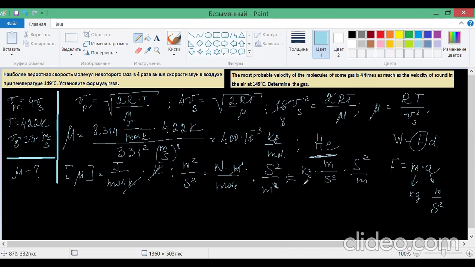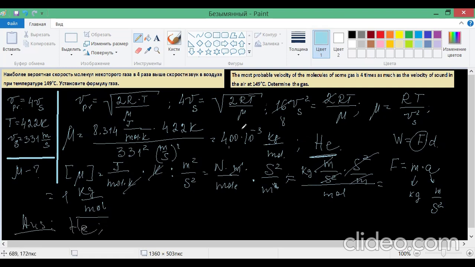It's this term divided by mole. Meter cancelled, and we finally got 1 kilogram per mole. And this is a typical measurement unit of molar mass, which means that we are on the right track. Okay, this is the end of the solution. In the answer, we can write helium. That's it. Okay, now I will go over the solution to this problem